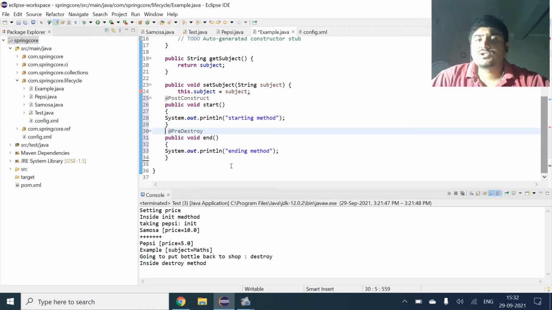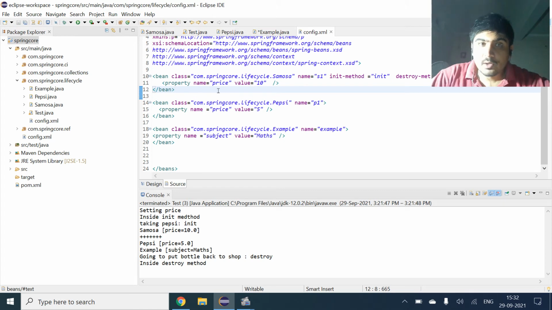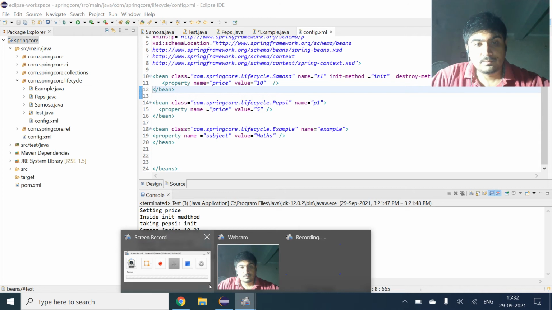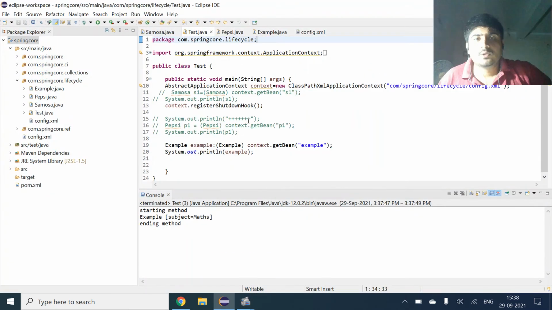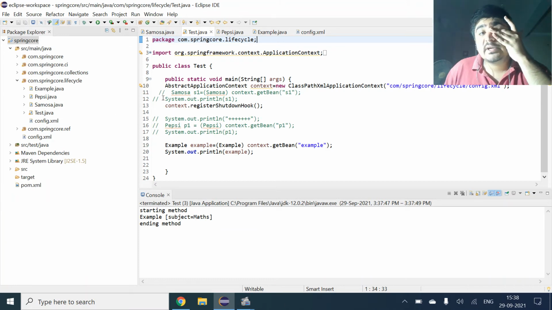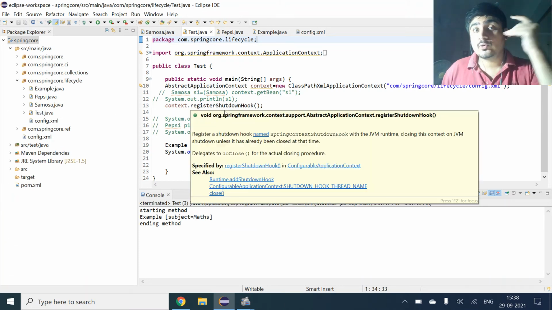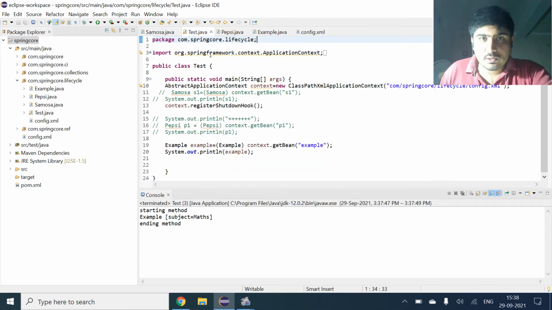So now I will just fix all the things and I will try to run the program after that. I have some things I have to enable in XML also. After doing that, I will just run the program. So now we are just getting the output in this. I have just made this all comments and I've just tried to take out the output of these exact things.